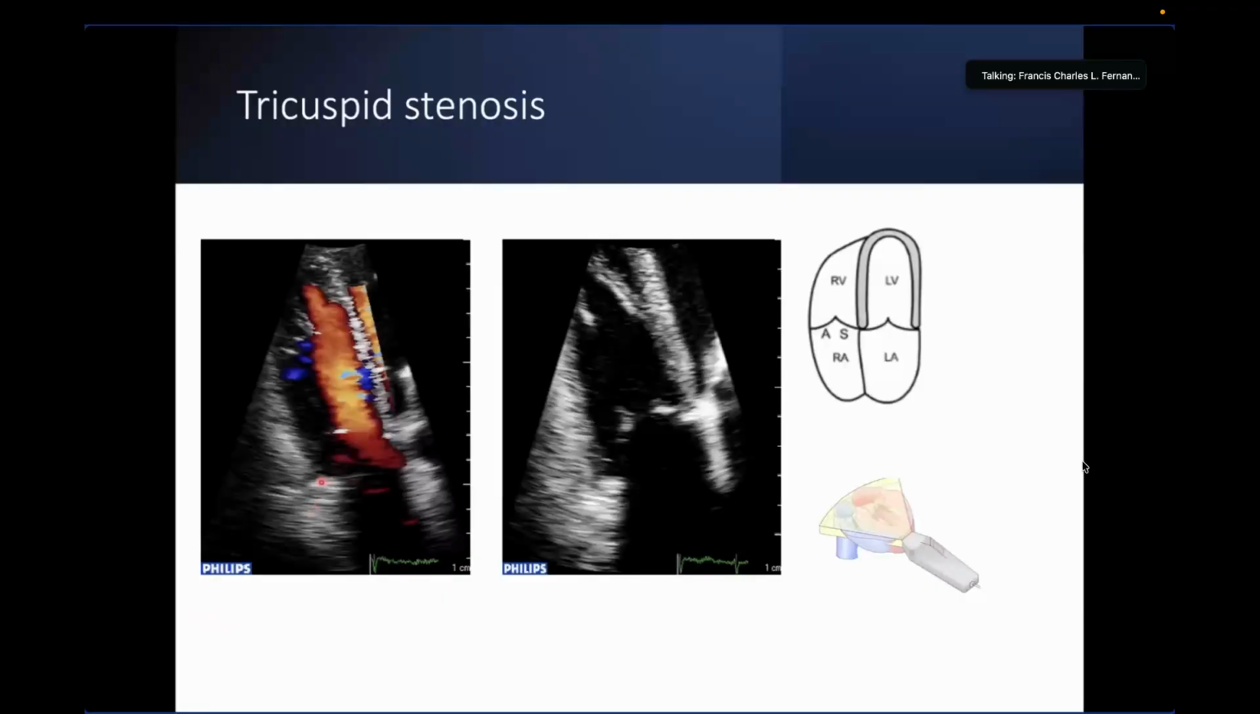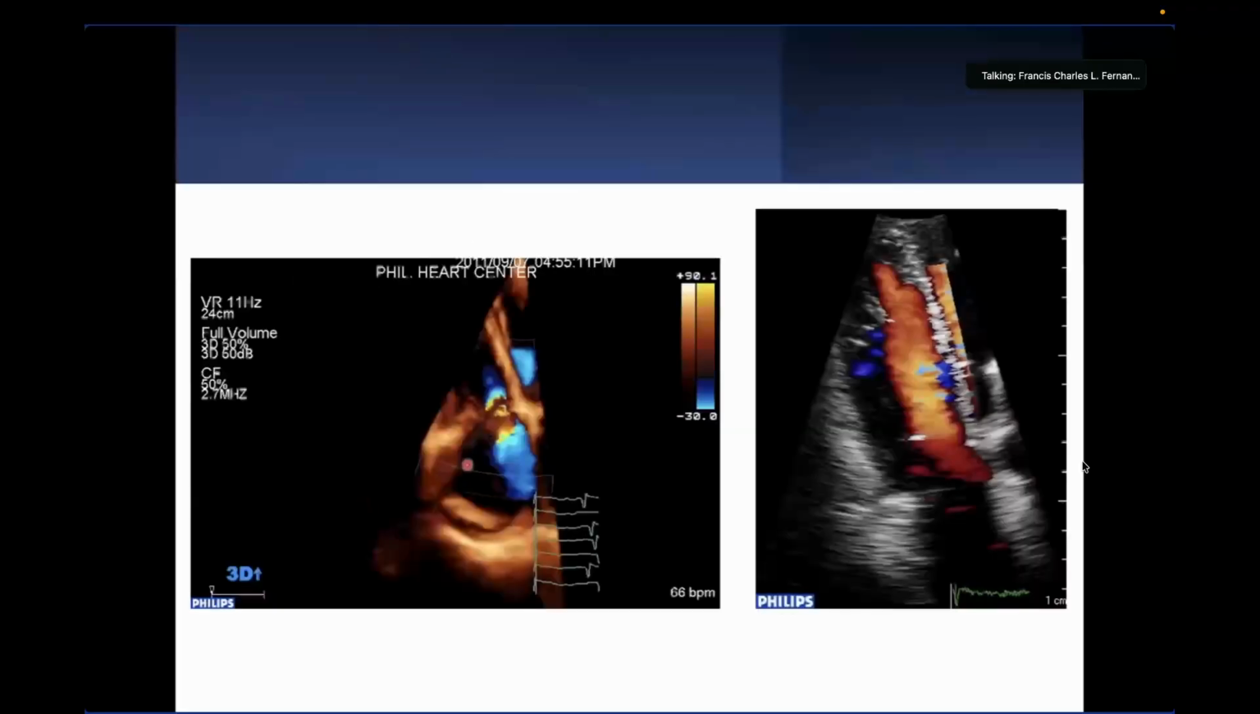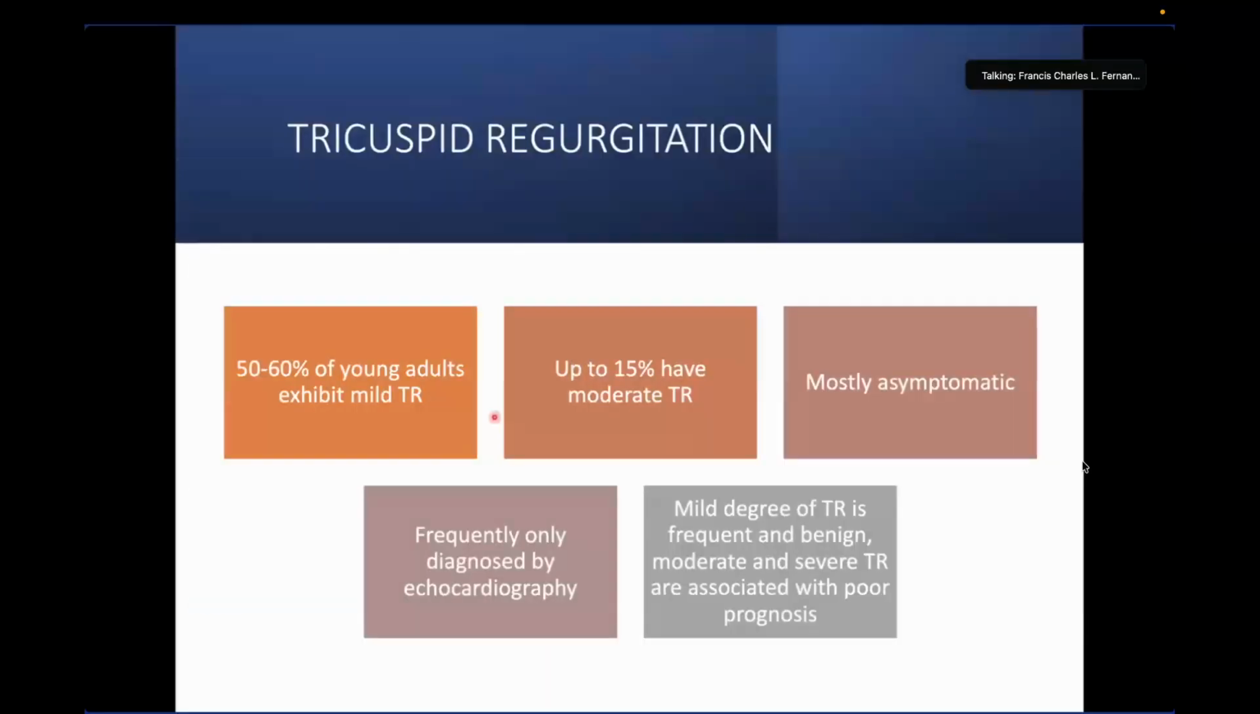So this is tricuspid regurgitation, or here I mean stenosis, sorry. So is the problem during systole or diastole? So during diastole. Okay. So in TR, you have 50 to 60%